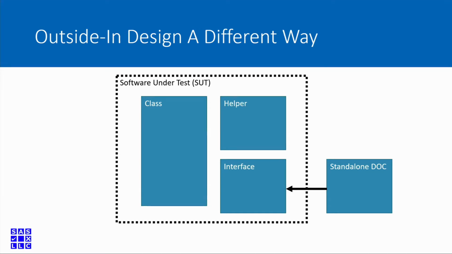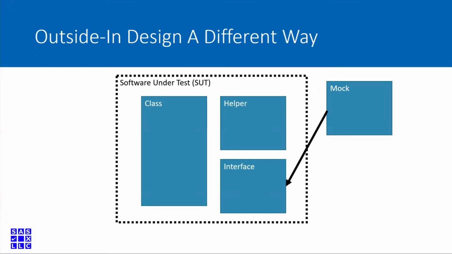And the problem is this standalone dependency, your database layer, is not designed yet. Right? Now you could go design the whole database layer and test it and do all that first. But if you want to let the design evolve a little bit, what you can do is create a mock object for that interface, right? And then kind of think about, what does the software under test actually need to do with the database, and how does it need to interact with the database?